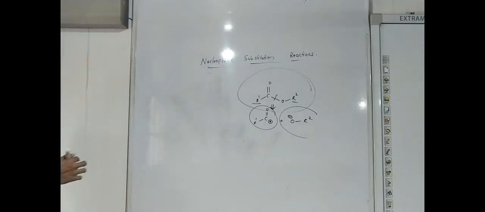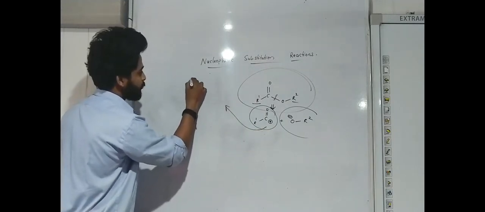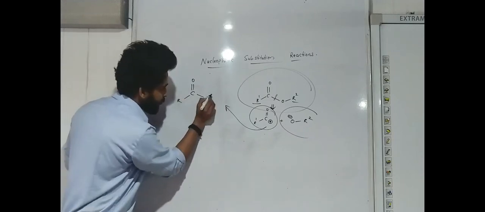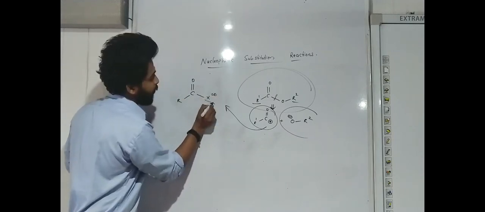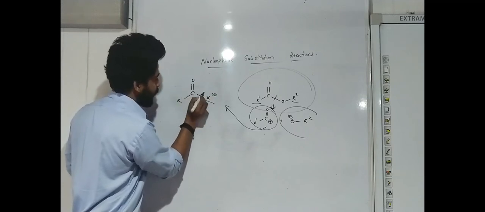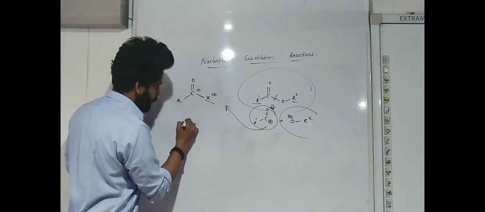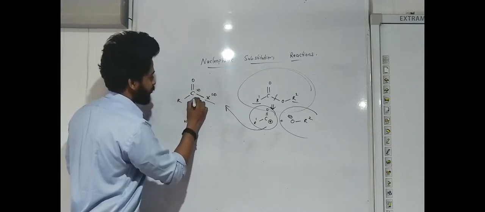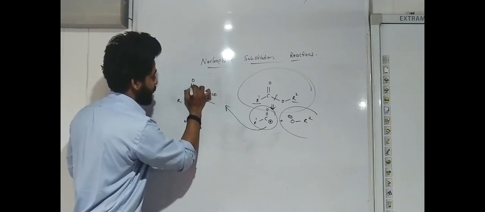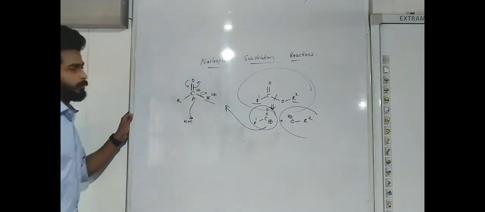Other than that, we actually have to discuss the preparation from acetyl chloride or acetyl halides. For acetyl halides, we can use C double bond O, X, R. We already discussed that here it is partial negative because X is more electronegative, so this bond will be more polar and this carbon will be partial positive. So this nucleophile can easily come and attack this carbon. First this bond will not break because here we have a pi bond. So the pi bond will break and a new bond will form. Only then the X minus bond will break.